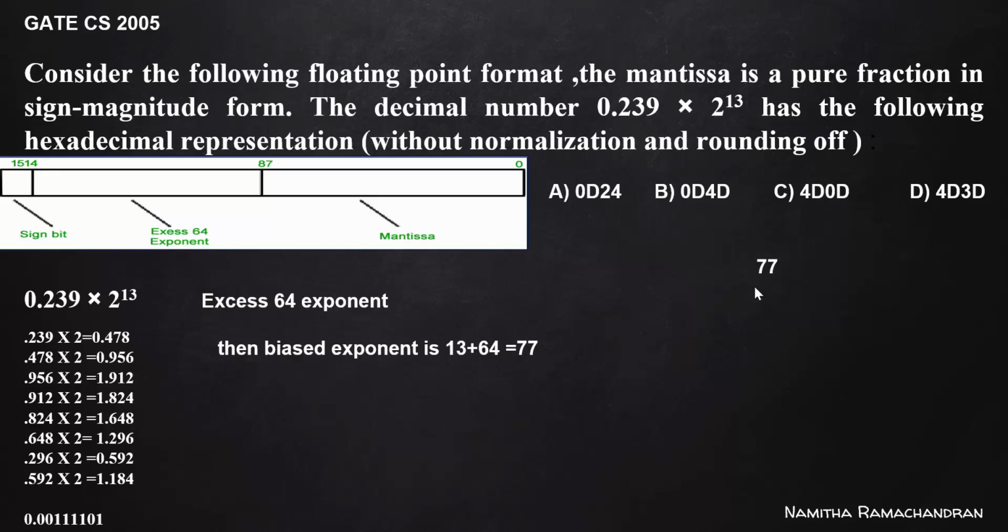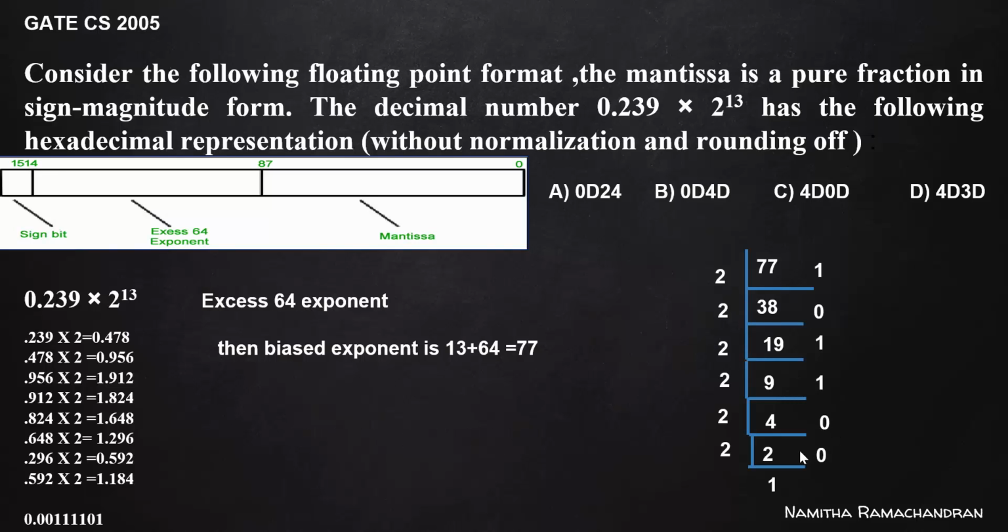This is not a fraction, so continuously divide using 2, base value 2, and get this binary form like 1001101, which is the binary equivalent of decimal 77. Now we can combine all these values together and write like this. This is the sign bit 0, then 7-bit biased exponent like 1001101, 7-bit representation. Next is 8-bit mantissa